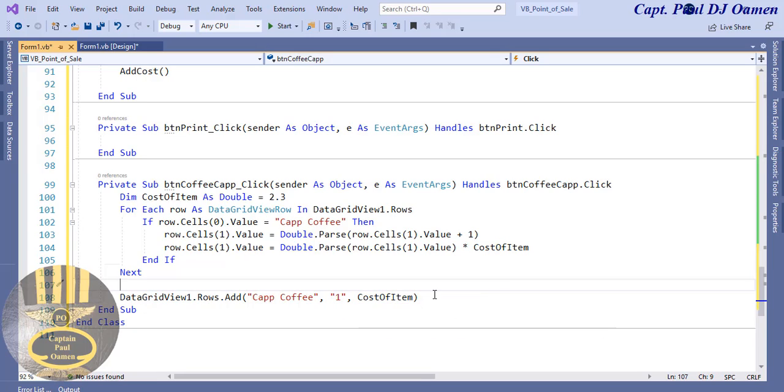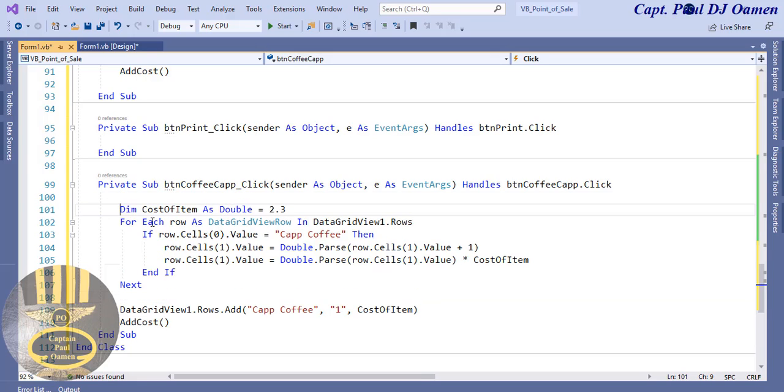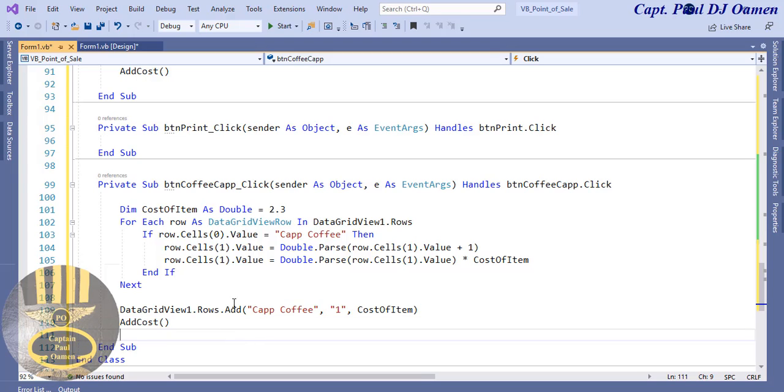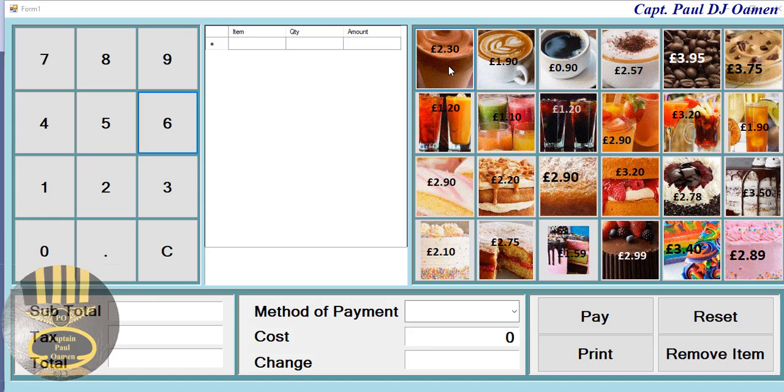Right, and I also need to call my function here. There we go, and that's it. That's all there is to it. So if this works, all I'm just going to have to do is copy and paste. So let's try this out. Run. There, so let's click on that. There we go, look at that. Okay, that's working fine. So if I click on it again, the tax is calculated as well. So if I click on it again, look at that. And again,